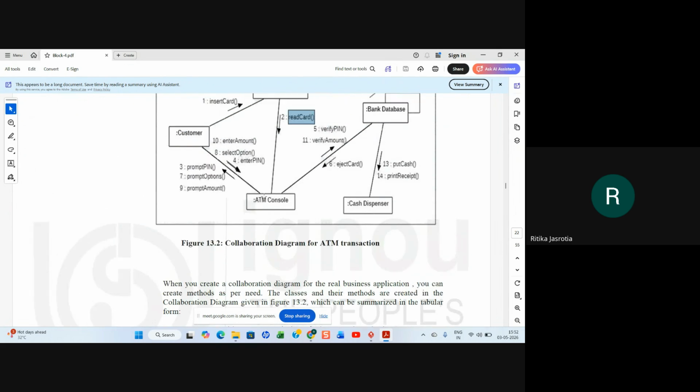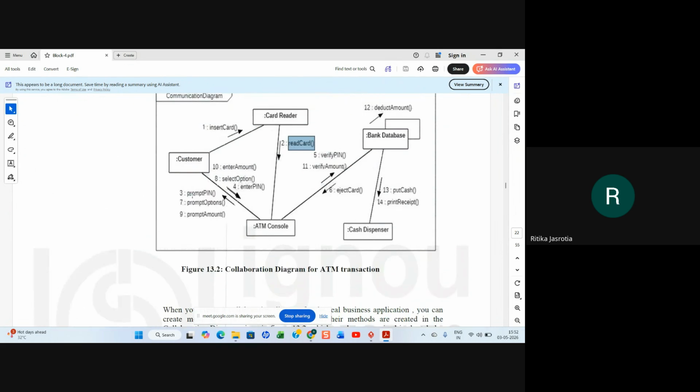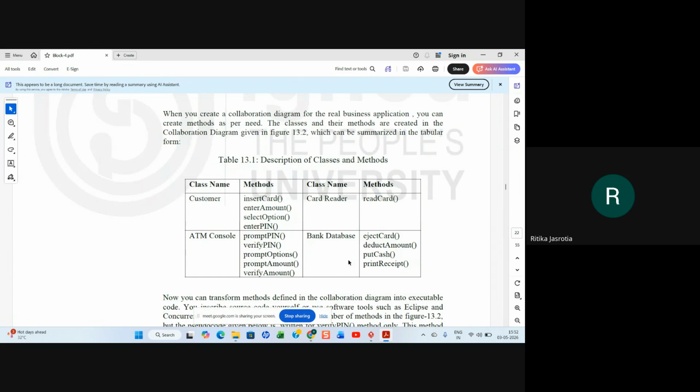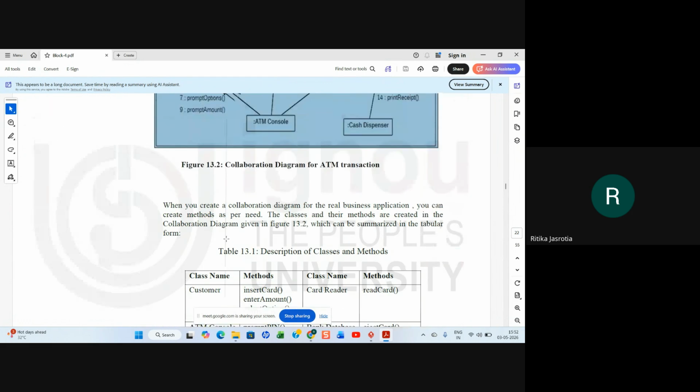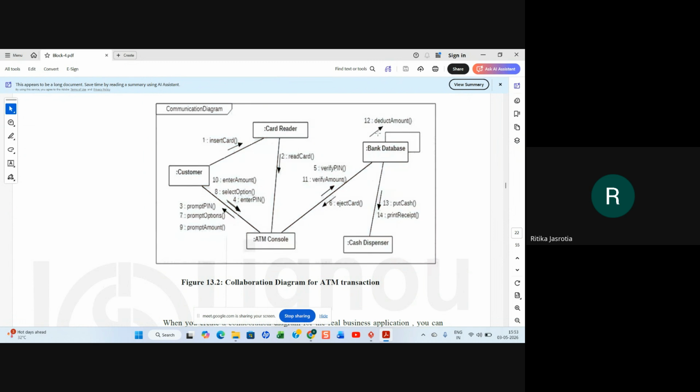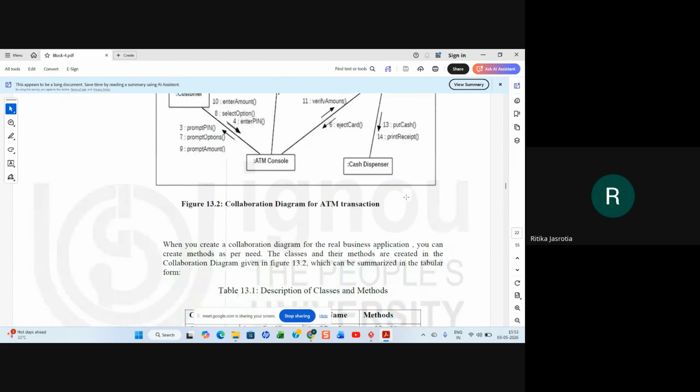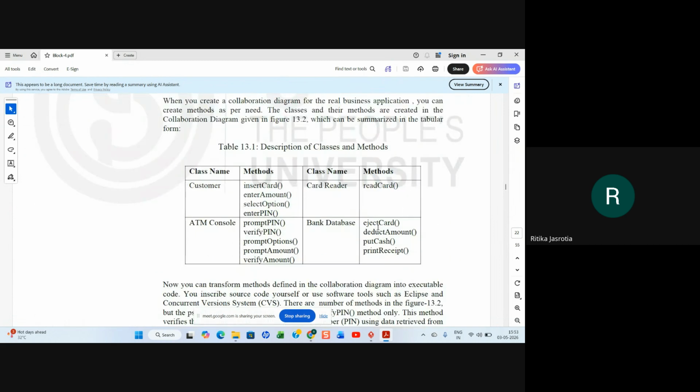The ATM console has methods like prompt PIN, verify PIN, prompt option, prompt amount, verify amount. These are for the ATM console. The bank database has deduct amount, put cash, print receipt, and eject card.